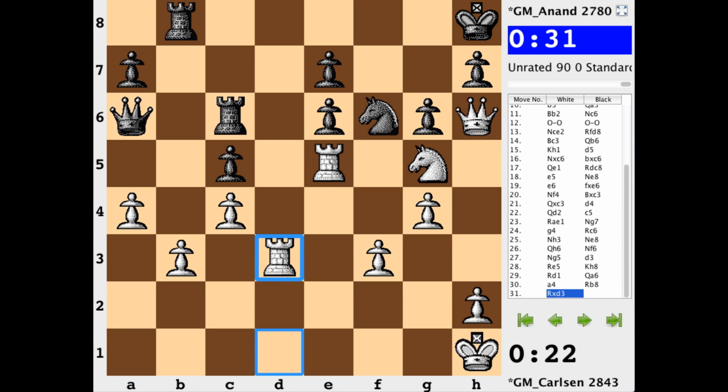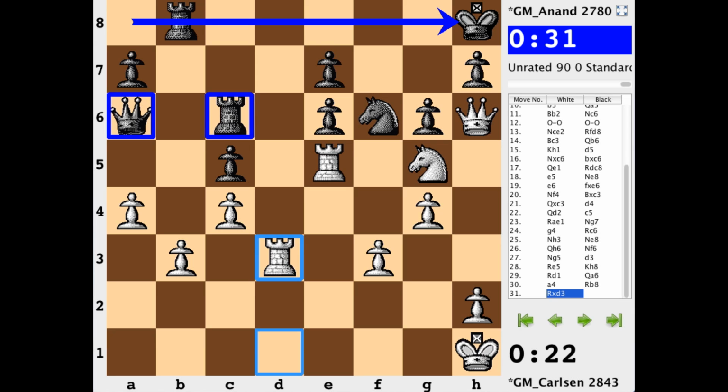One thing to also point out, looking at how restricted black is, this knight can't move, there's no black pawns that can move, this rook is constrained to this back rank, the queen and rook are constrained to the defense of e6, and soon enough we're going to have a third piece hitting at e6, and white is ready to take with maybe the knight or even the rook, and there's going to be absolutely no defense.